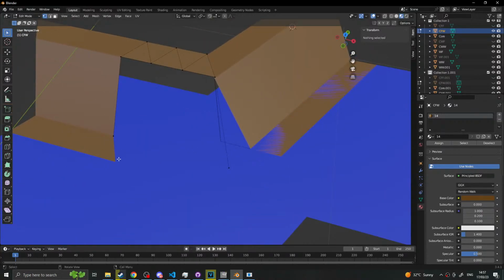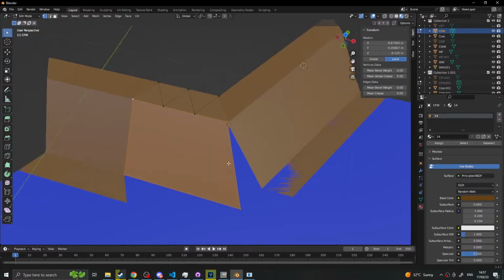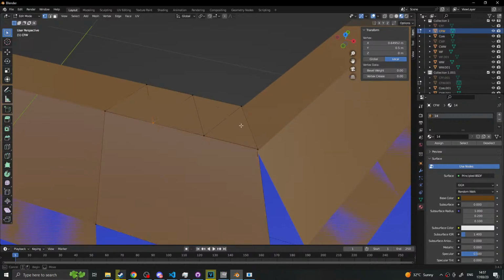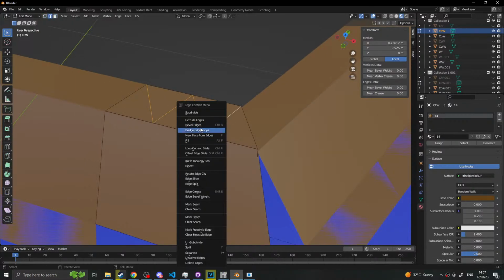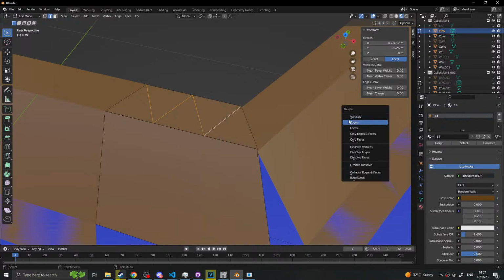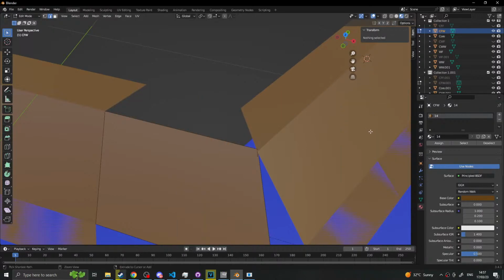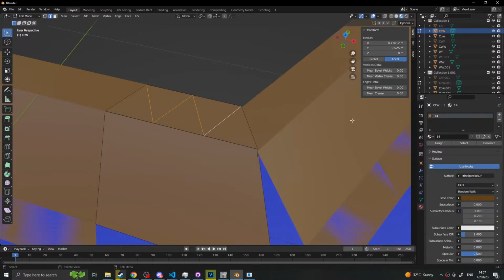Well, that shouldn't be too bad, because I can literally just go face, and then I should probably do the same thing with these. Select these and say delete. Probably not vertices. Delete. Delete edges,